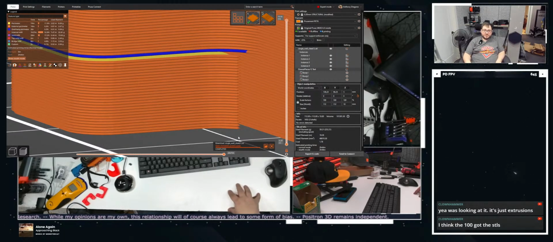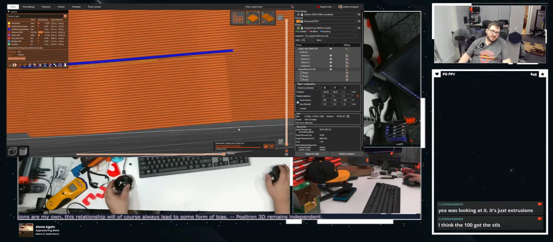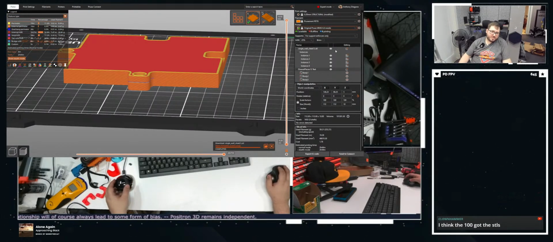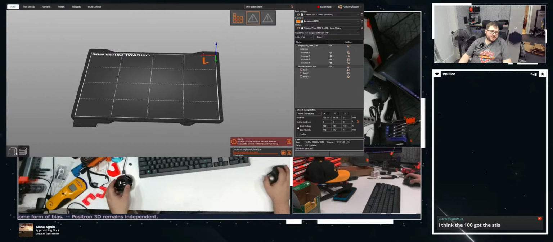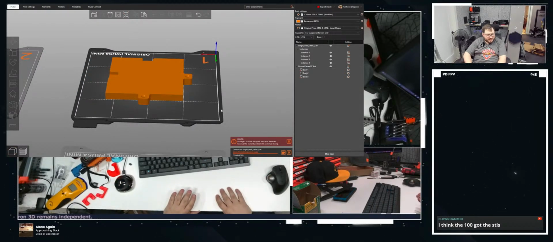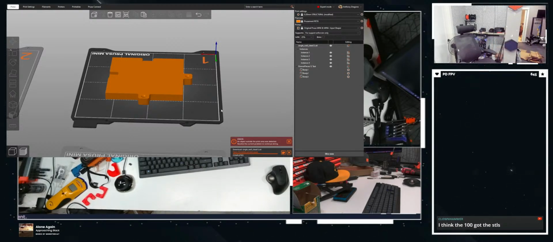You want all your features to be divisible by 0.2 because that's the standard layer height. That's a bit of an oversight. I'll forgive him for it, but that is something to keep in mind. So let me go ahead and bring this over. Let's see here. Yep. All right, I'm going to actually cancel the print that's on the Mini right now. And we're going to cancel that.